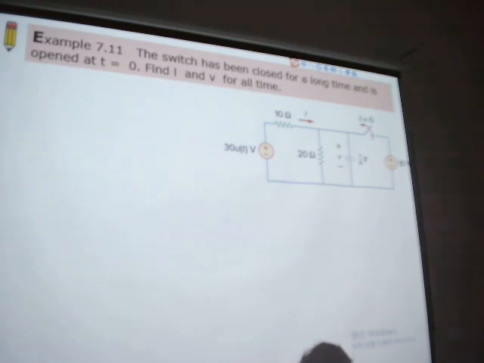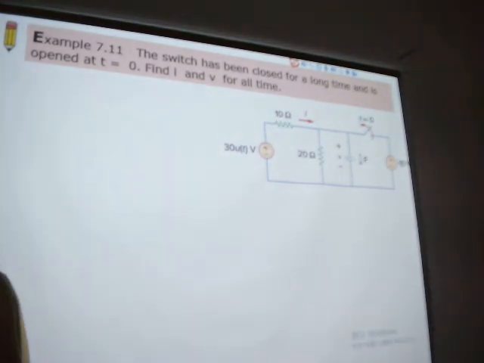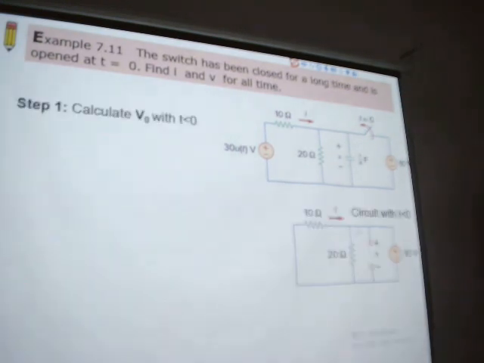Okay. Come on. Did you finish the last question? Finish? Do you want a break? It's already 10. And this figure is for the circuit with t smaller than